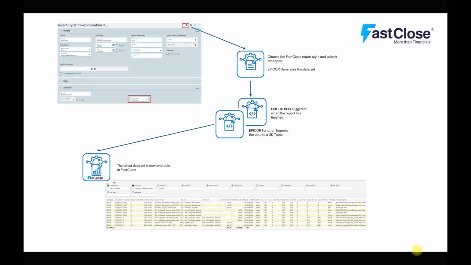So FastClose has addressed this by being able to run the inventory WIP reconciliation report, but it actually stores it to a user-defined table, and that user-defined table can be picked up by FastClose and merged into the general ledger balances and the transactions to give you a complete view and drill capability of all your unposted transactions. So now you're getting real-time P&L and balance sheet, and I will now show you how this is done in